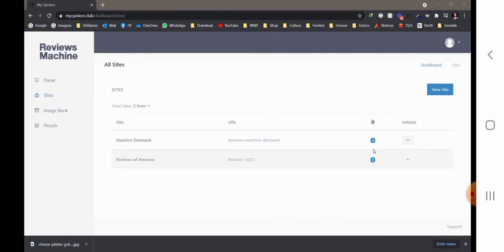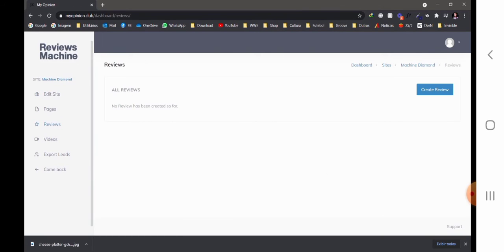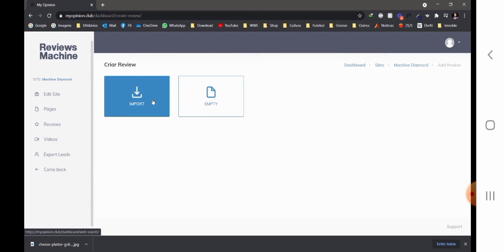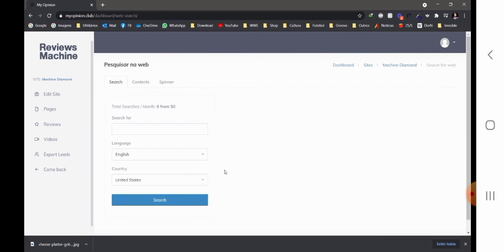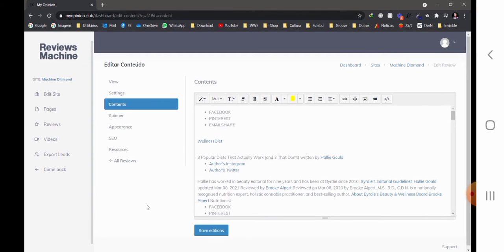And let's go to the main event, our reviews. You can enter your site, click on Reviews, and now you can create unlimited reviews with the Diamond Plan. Just click on Create Review and choose if you want to start an empty review from zero or import an existing one. And watch that. Importing is very simple. Just search for what you want. After you find the review that you like, you can click on Import,